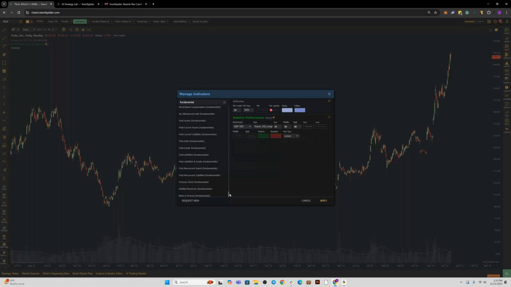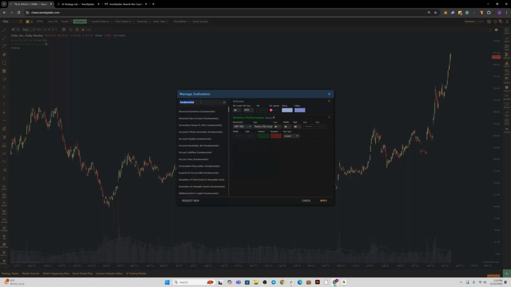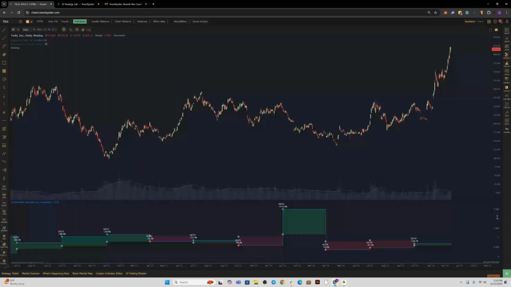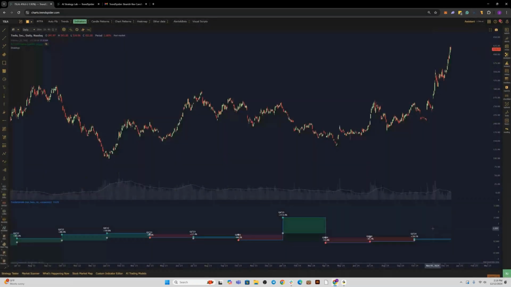They are all available, and these fundamental data points can be utilized across the platform. So I'm just going to add a few here if you just search for them. You can add them to your chart, and essentially this is just a visualization of whatever data point you're interested in. It's got the year-over-year percentage change, so you can see how things have changed from quarter